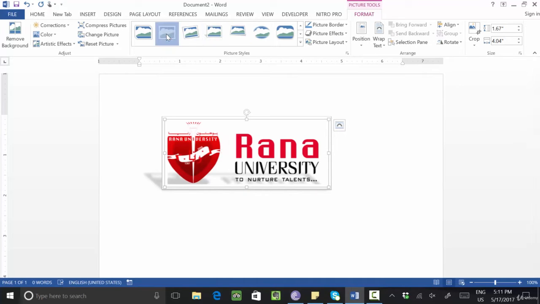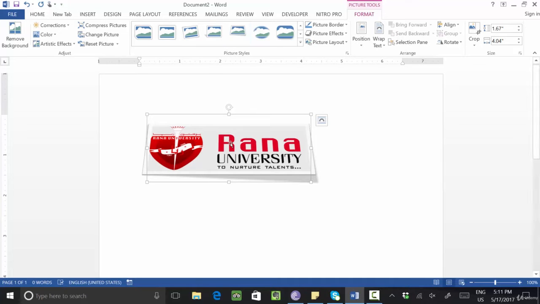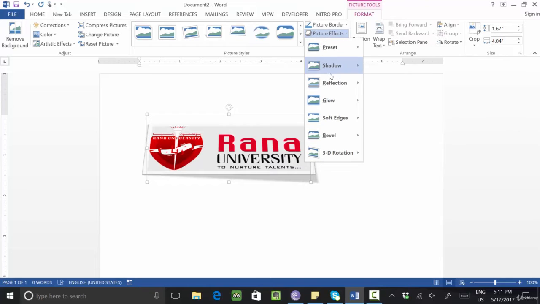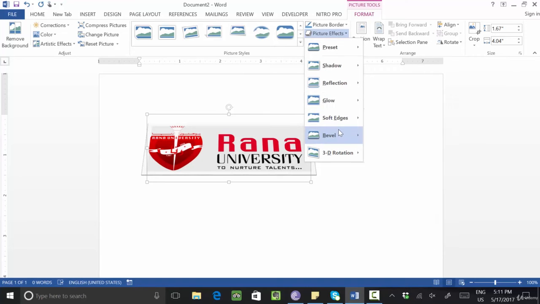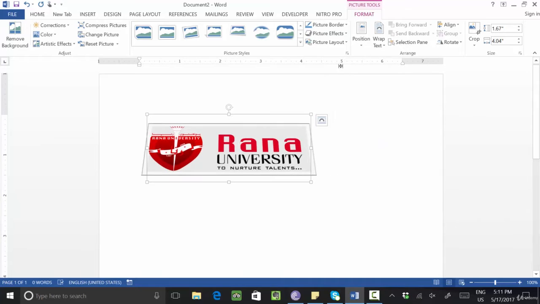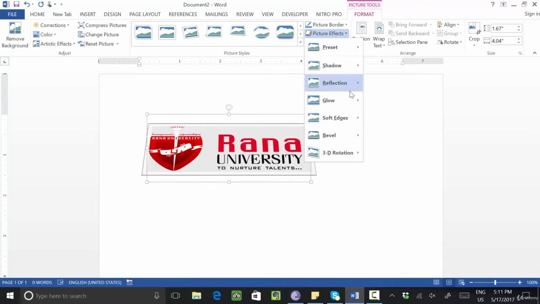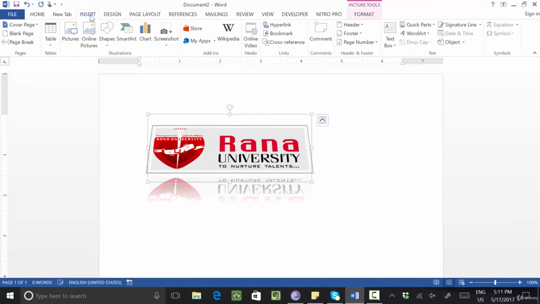Okay, these are the sub options. In any style you can write. Clear? Okay, from here you can select, and if you want to give an effect to your picture, you can give the effect also. From here you see effect will come in this. For example, I want to change in this format, so you will see picture format will be changed. If you want to change the reflection format, see reflection will come. Okay, clear or not?